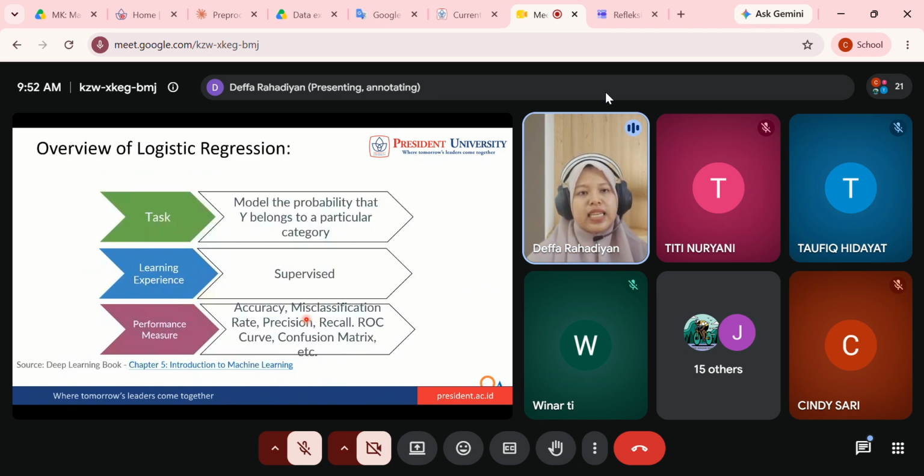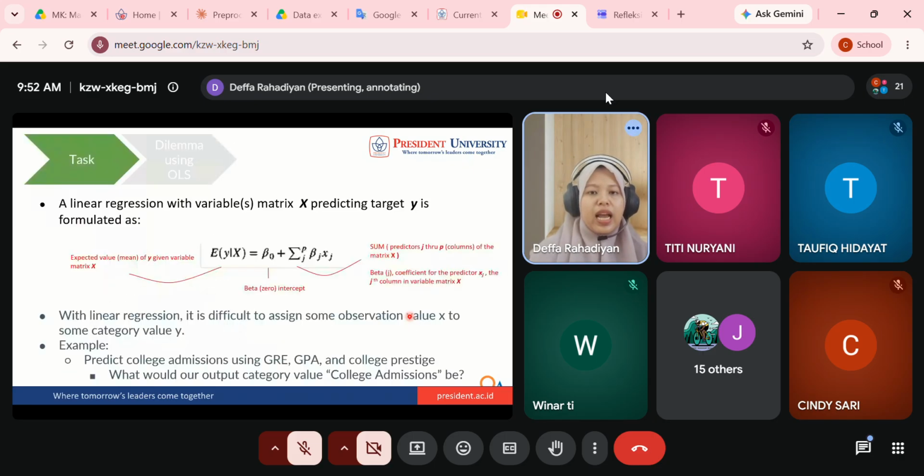Okay, this is the logistic regression example. So logistic is for supervised learning. For the performance evaluation measurement, we can use accuracy, misclassification rate, precision, recall, ROC curve, confusion matrix, and so on.